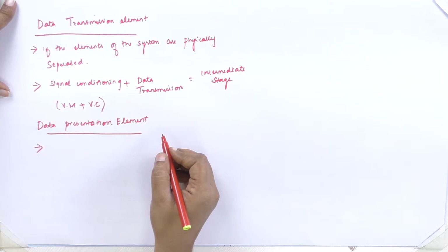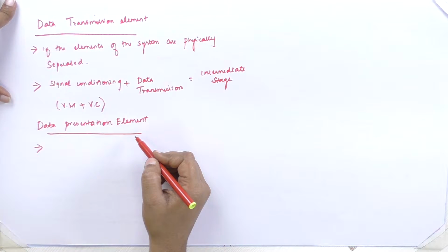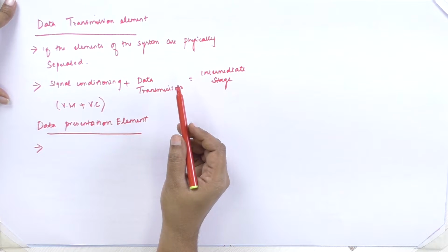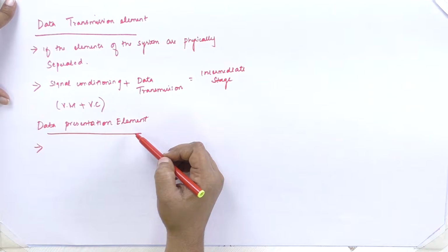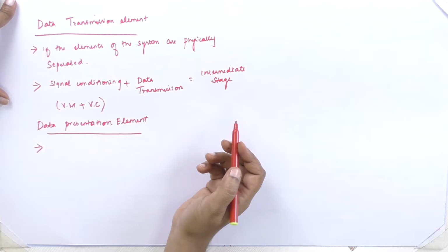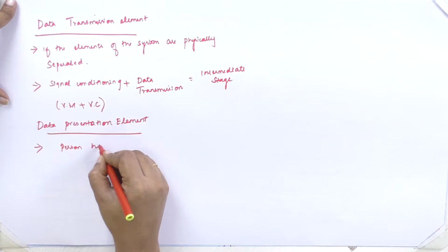What is data transmission element? Next is what is data presentation element. So, from the data transmission element, the data will be transmitted from the variable manipulation element to the data presentation element, where the information is to be transferred or conveyed to the person handling the instrument